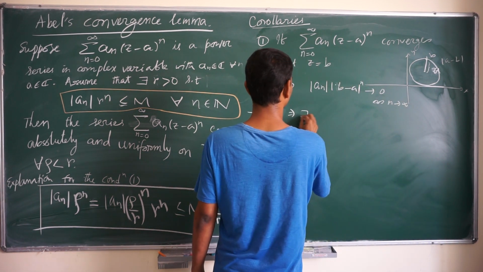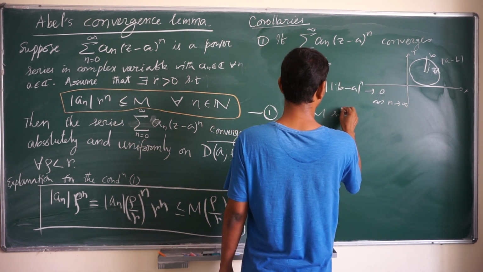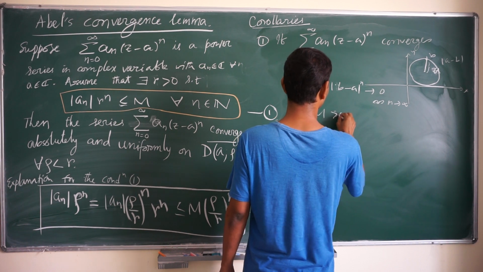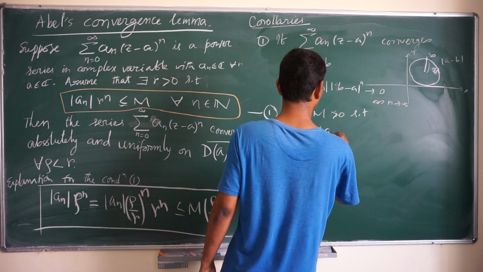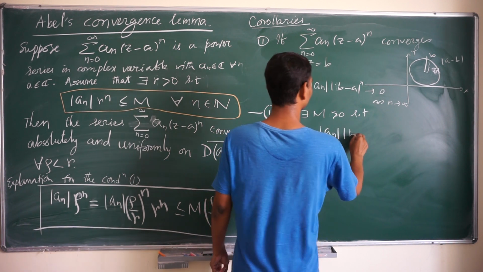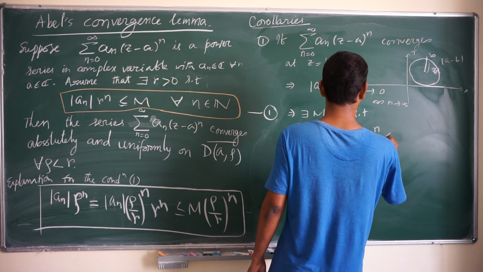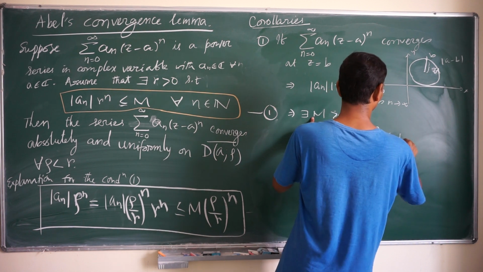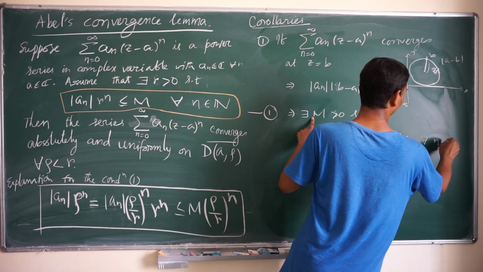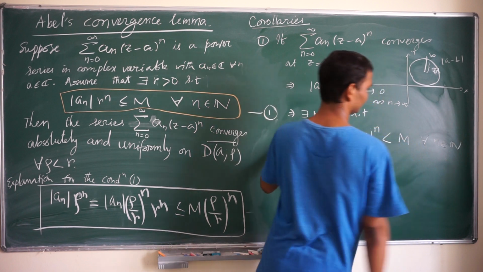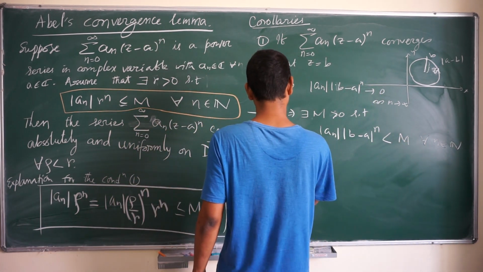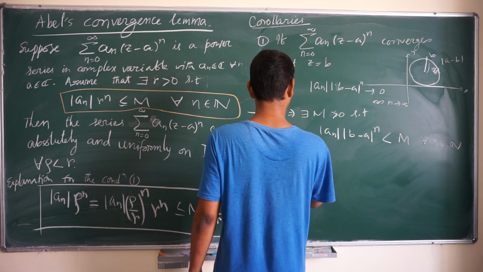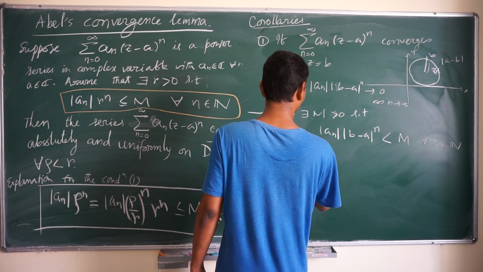This implies there exists M greater than 0 such that mod a_n mod b minus a to the power n is less than M for all n in N. Now this implies by Abel's lemma